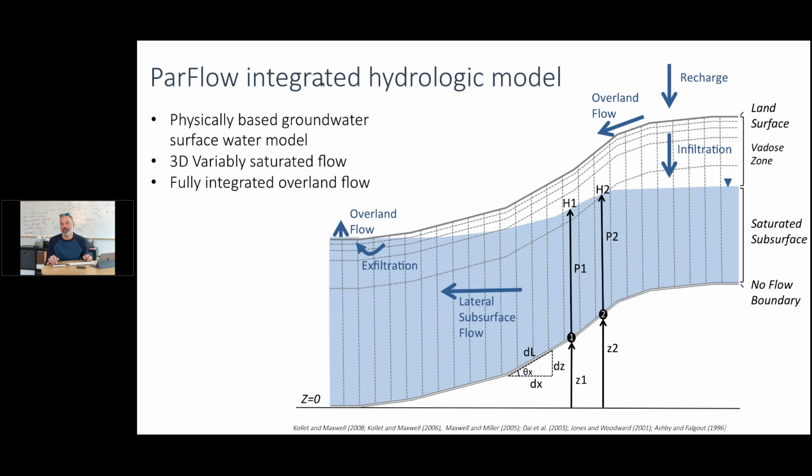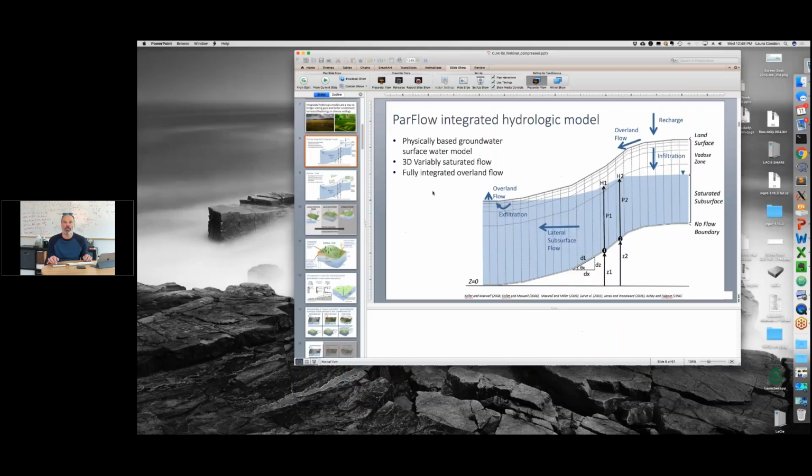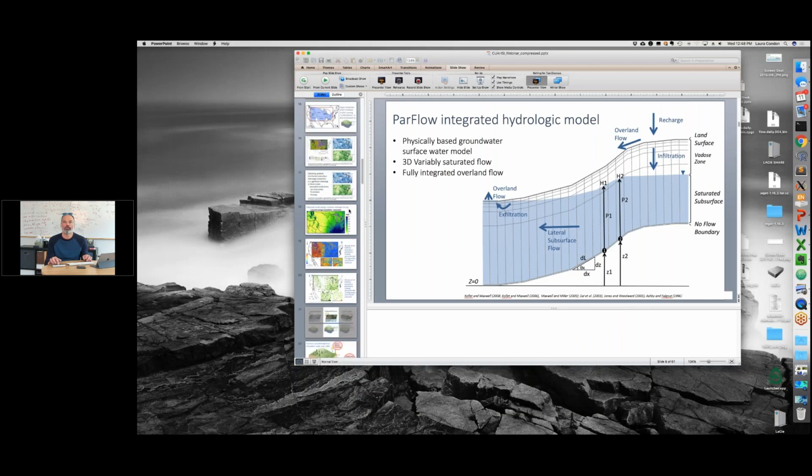So the first question starts out with claps, meaning the virtual applause. And the question is, how do the ParFlow streams, so the streams that come out of the ParFlow model, compare to observed or mapped streams, such as in NHD Plus, and then are variations in perennial or ephemeral streams represented in the model? Okay, so